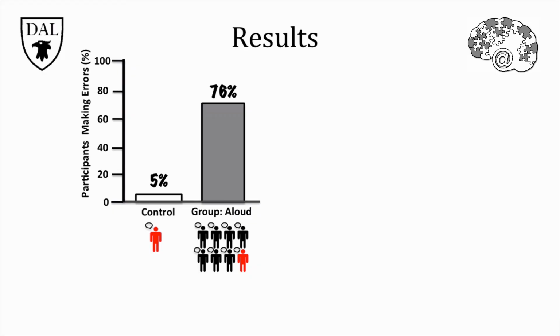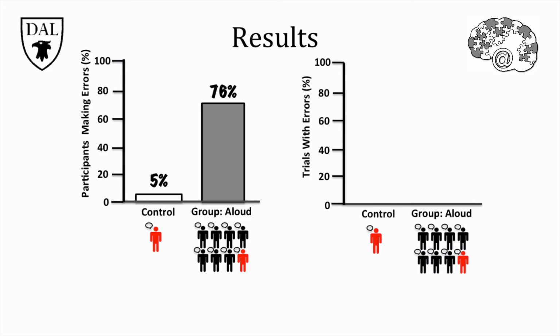Now, knowing the percentage of people who caved in to the group doesn't really tell us how often they did it. Some of those who were swayed by the group made errors on lots of trials, and others only once or twice. So if we look at it as a percentage of the trials where errors were made, participants on their own only made mistakes on 0.7% of the trials, while in a group, mistakes were made 37% of the time. So clearly, Asch showed that many people will be swayed by the group for some of the time, even if they're clearly wrong. But was this because of informational or normative influences?